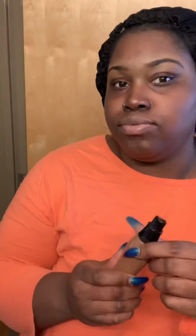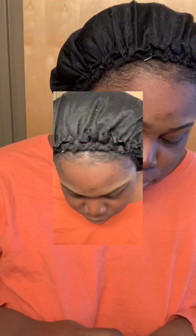Okay, now that I'm just about done blending in that concealer, I'm going to go in with my foundation in the color Black Walnut, and I'm going to put it on my face. I also have my foundation sponge, as you saw. So again, I'm going to go in with that foundation, apply it all over my face, and then I'm going to go ahead and put my concealer and contour in, and now you see me just